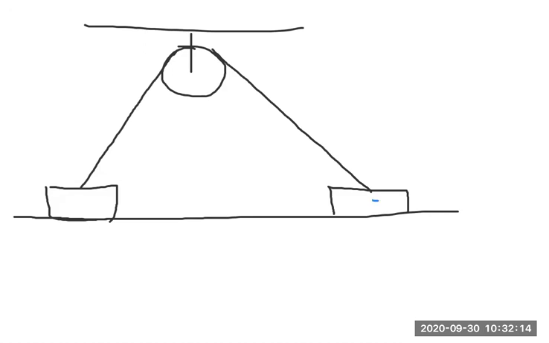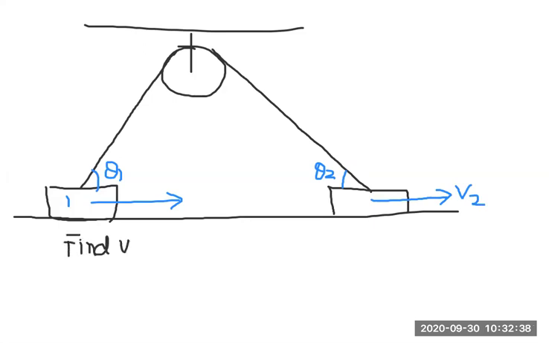So this is block 2 which has a velocity v2. This is angle theta 2. This has velocity, theta 1, block 1. So find the velocity of